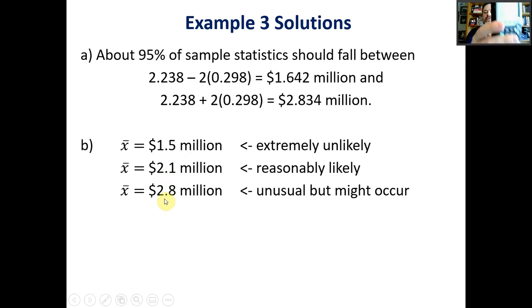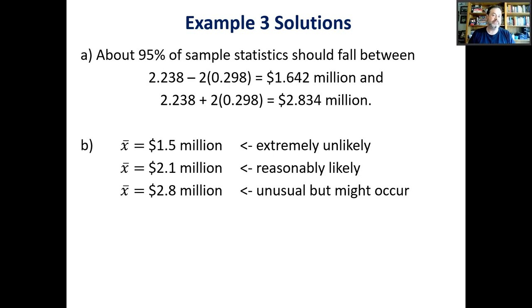2.8, very close to that boundary, right? Here the boundary is 2.834. So 2.8 is awfully close to that edge. So it's unusual, but it still could occur. So this is not